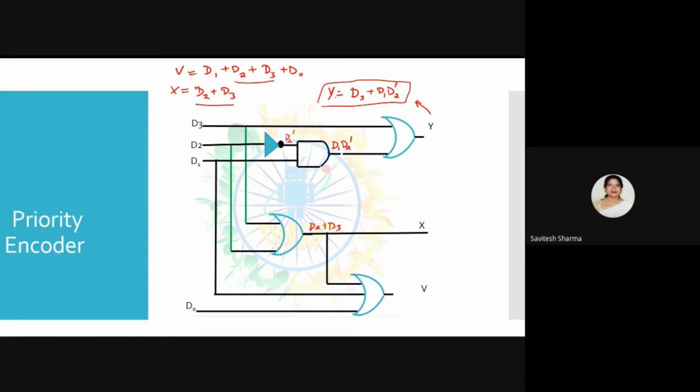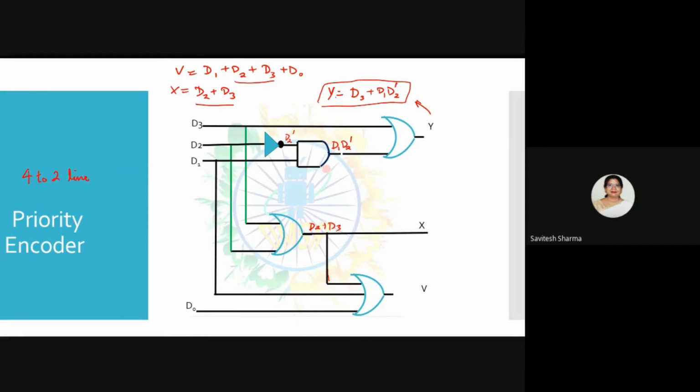You see here D2, D3 is common, so that output I am dragging here to generate V. I am not separately drawing another OR gate. So a separate circuit is not required for each output. If any term is common, you can combine the result. Now D1 plus D0: you will add D1 plus D0 using an OR gate. So this is the logic circuit for the 4 to 2 line encoder.